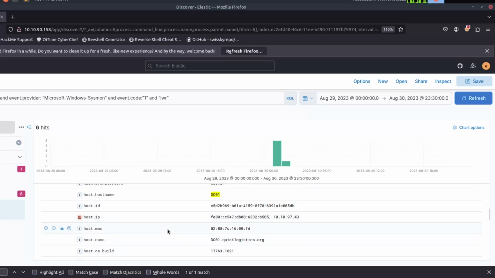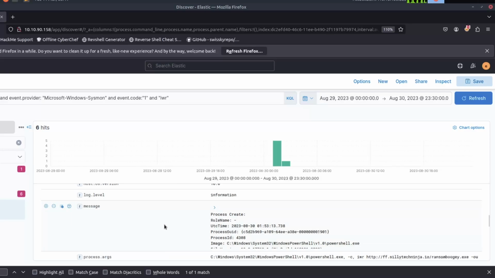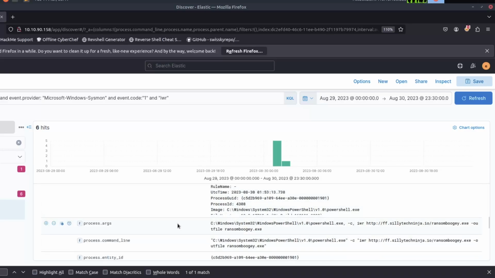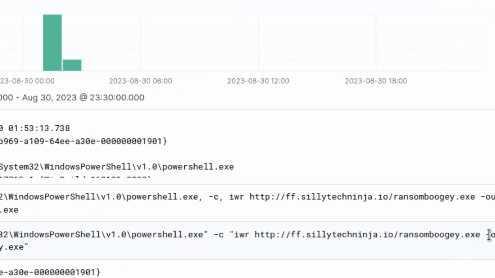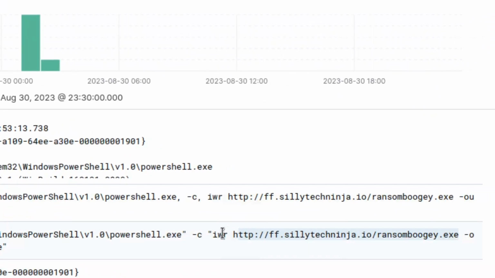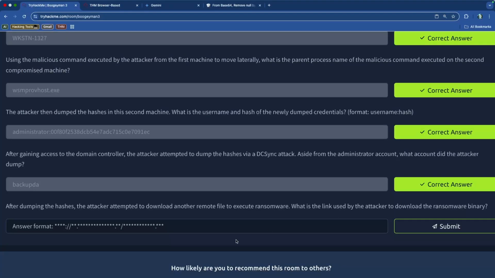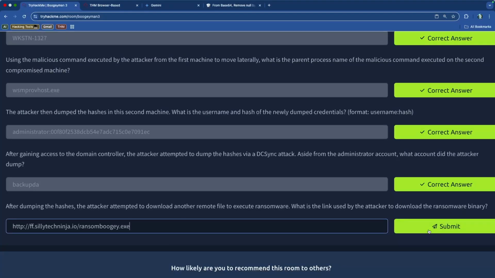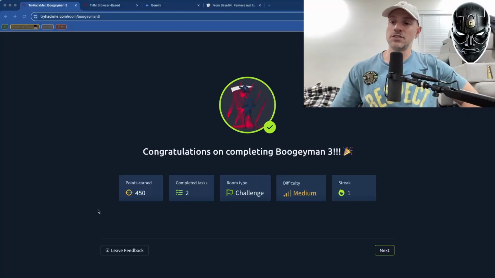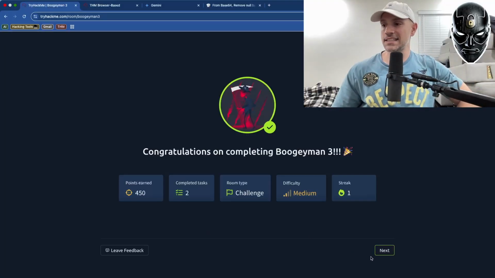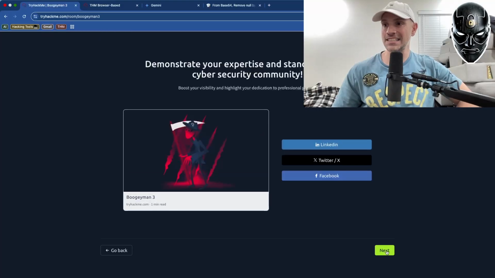We're done with this entire investigation, and we are officially also done with the SOC level 1 exercises. So there we go. Invoke web request, Silly Tech Ninja, ransom boogie exe. We can just go ahead and take that part and copy that and go back here, and boom, here we go. Fingers crossed. So there it is. That is officially the last portion